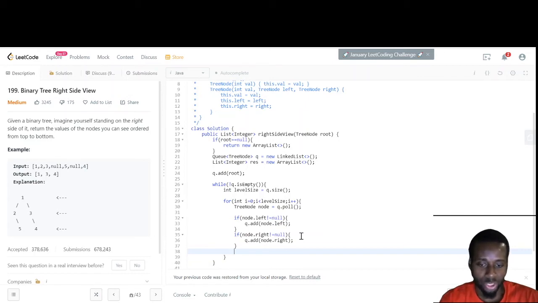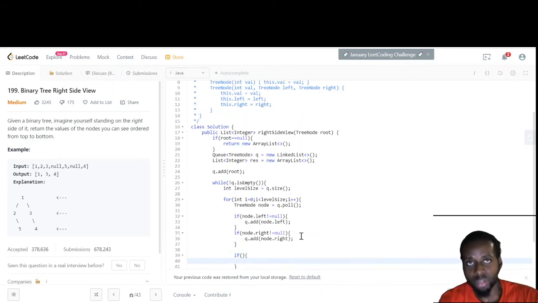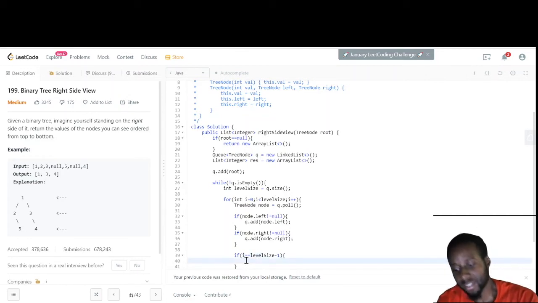So after we check the right child, now the most important thing, which is going to help us build the output list: we check the current iteration that we're at. Is it equal to level size minus 1? Is it the last element in that particular level? So right now for the first iteration, i is equal to 0, and level size is 1. Since it goes up to level size minus 1, if it's equal to the last element, then that's what we add